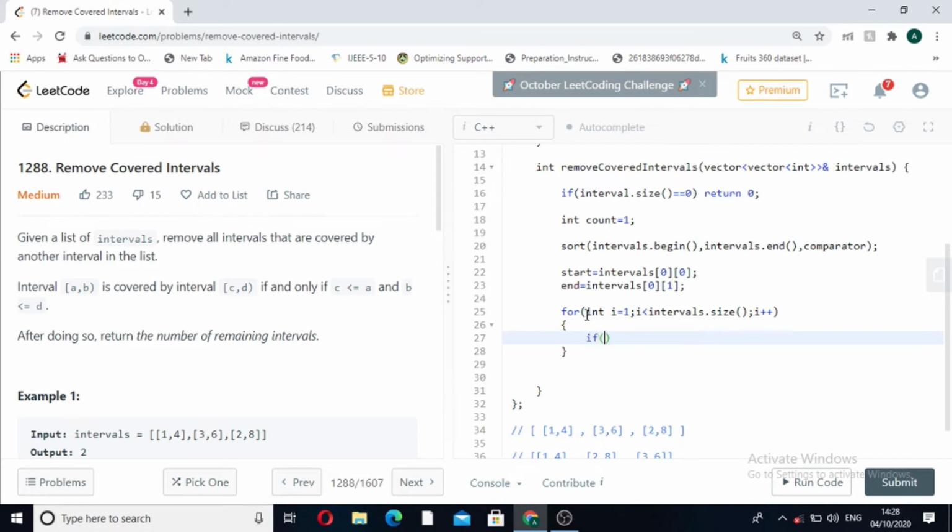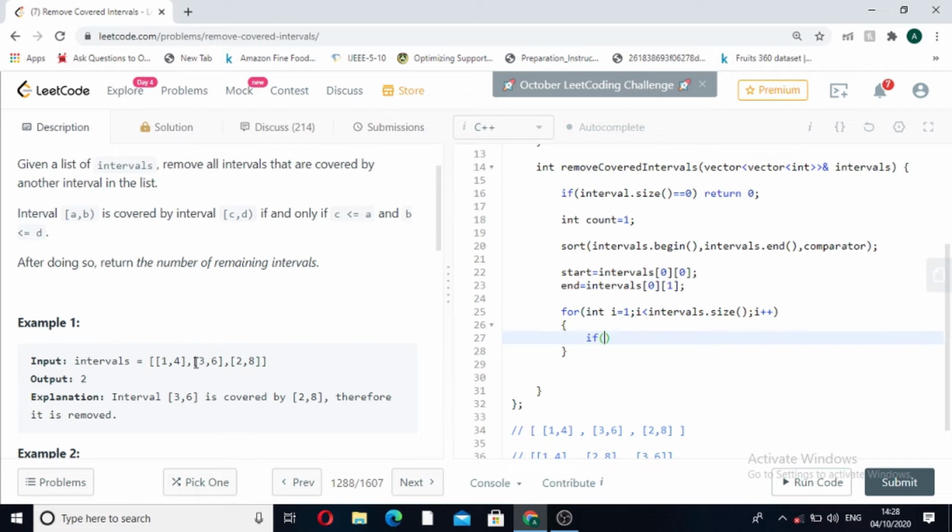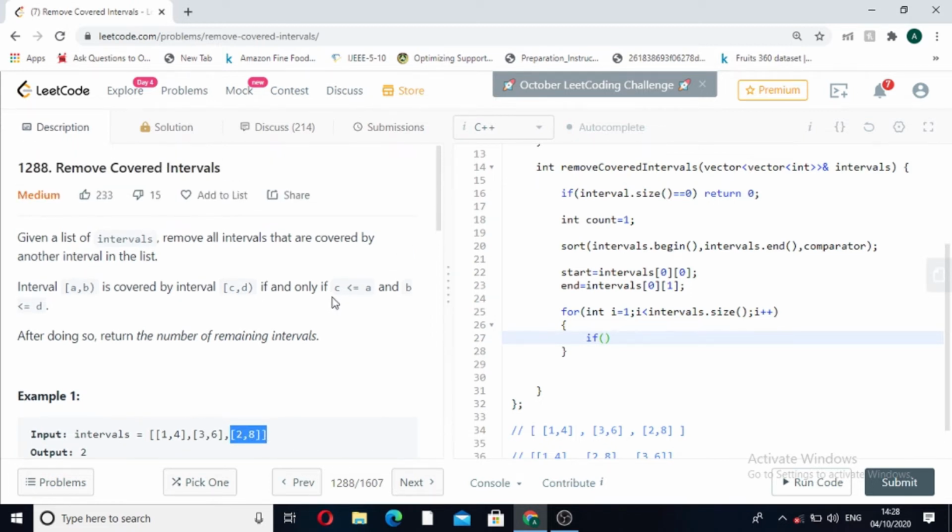Now we will check. We know that a particular interval is covered by another interval when these conditions are fulfilled: c is less than or equal to a and b is less than or equal to d.